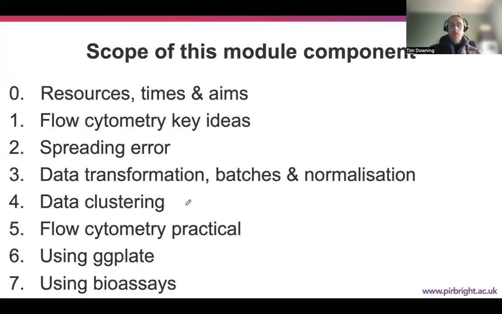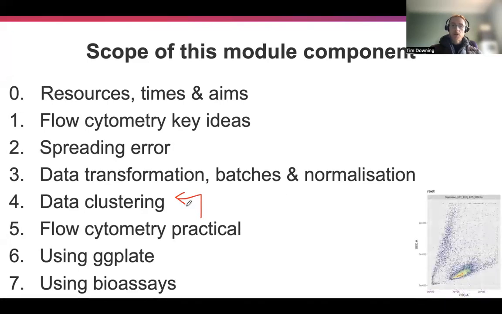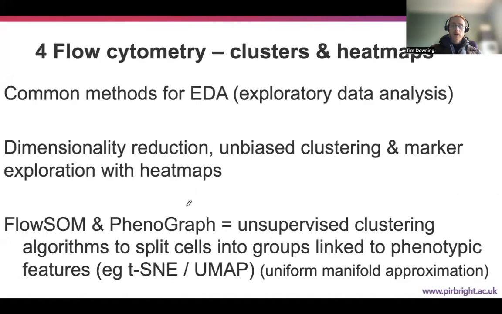Okay, in this demonstration video on flow cytometry analysis, we're going to look at some basics of data clustering and other aspects related to that, and look at our data further, identifying clusters. So what we're going to look at is common methods for exploratory data analysis with R, and think about how we use different dimensionality reduction methods that are typically correlation based, clustering methods, and looking at markers using heat maps